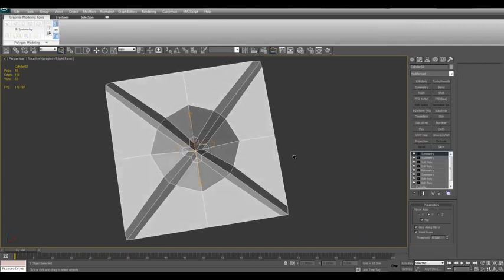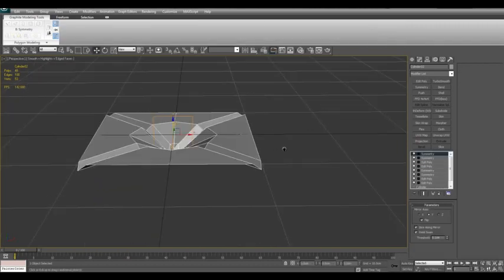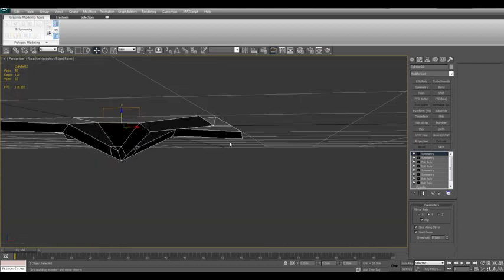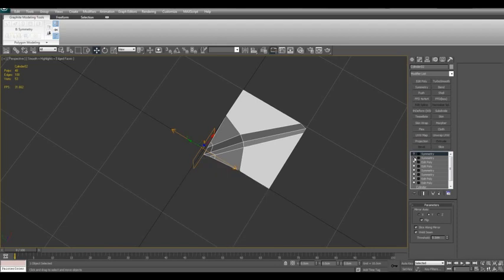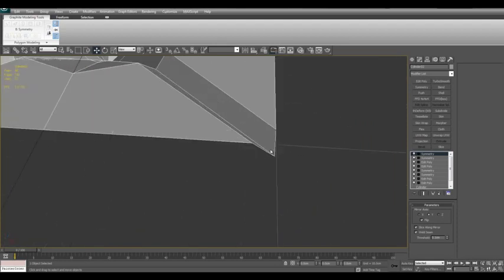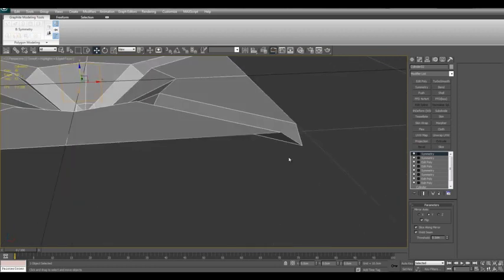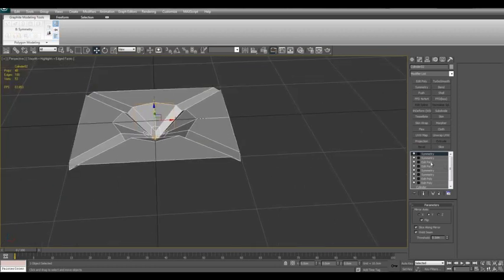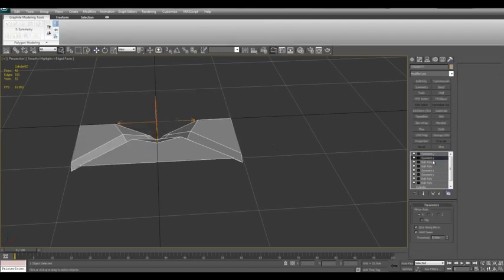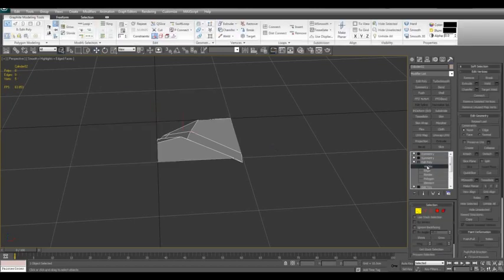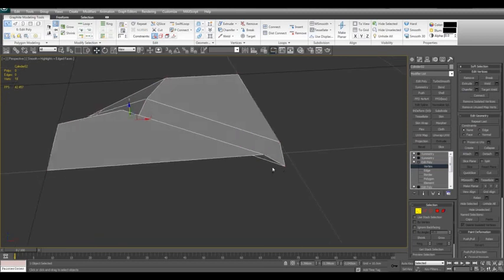Alright, now it's time to add some buttons. What I'll do before that though is I want these vertices at this point to be at level with the grid. So what I'll do is go into vertex mode, the vertex sub-object mode, Control A, and I'll snap